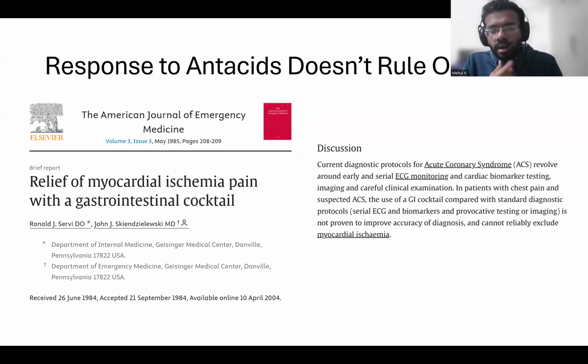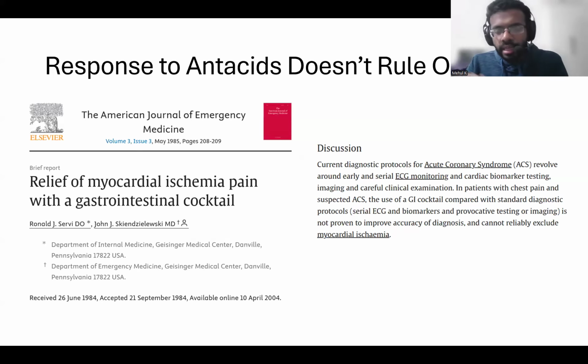One of the most likely is that patients who are having chest pain and an acute coronary occlusion can spontaneously reperfuse for a little while. And if you give some medication during that particular time, you might think that that medication worked. If you are giving some kind of GI cocktail, you might fool yourself into thinking the patient actually had GERD. And you will discharge the patient, the patient will re-occlude their artery after a little time, and the patient might die after discharge, which is a nightmare scenario for any person working in the ED.